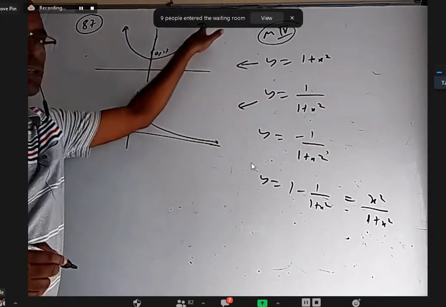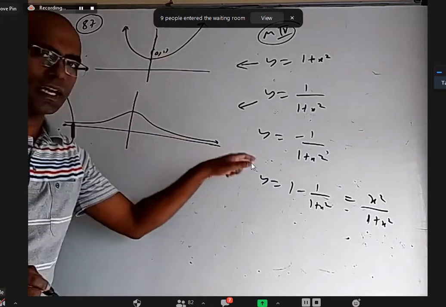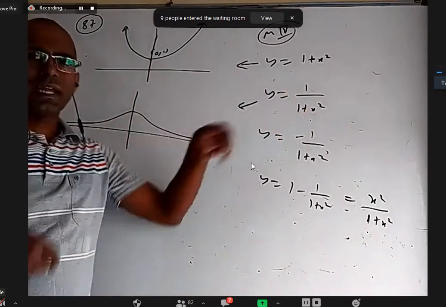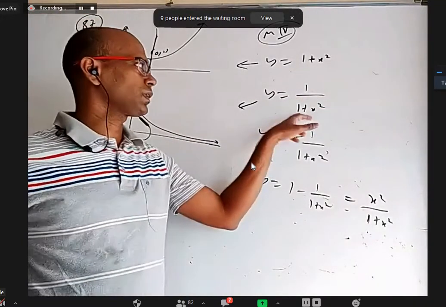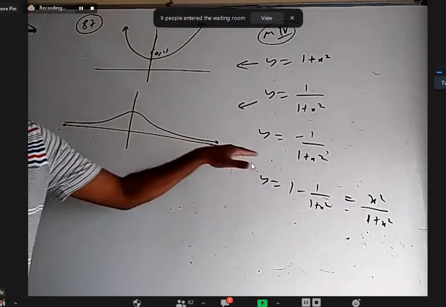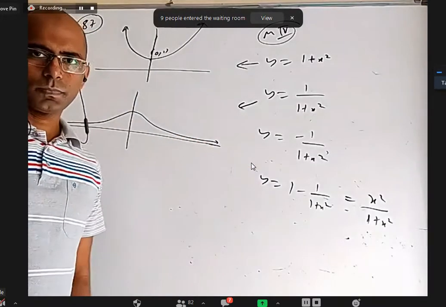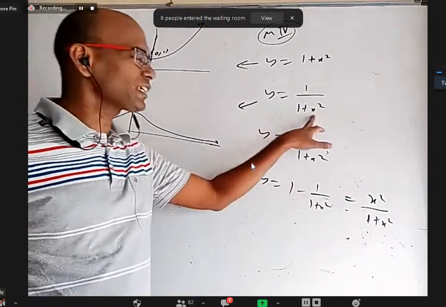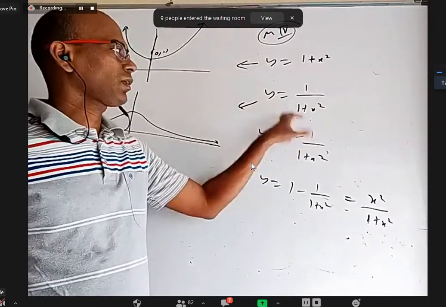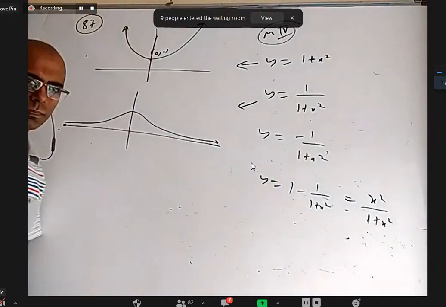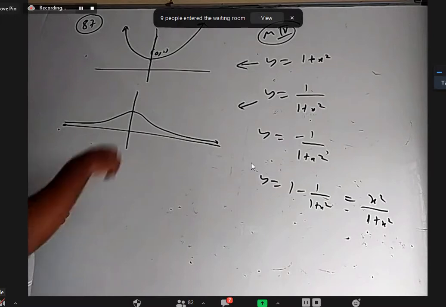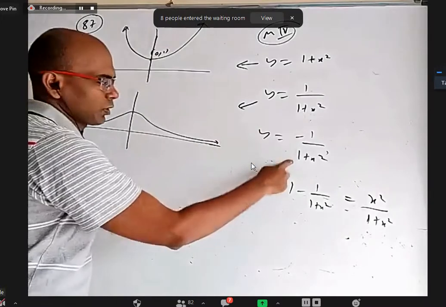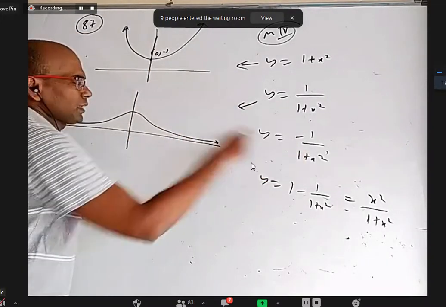Because when something is going to infinity, the reciprocal of that should tend to 0. You can see when you take x as 1 lakh, 1 crore, and things like that, it will be so big, 1 by that will be 0. So it is trying to touch the x-axis, but never touches. It never becomes 0. There is no x where it becomes 0, but you are studying limits anyway. When x is tending to infinity, 1 by 1 plus x square tends to 0. And because this is increasing, the reciprocal is decreasing. At 0 it is 1, reciprocal of 1 is also 1. As it is increasing, 1 by that keeps on decreasing.